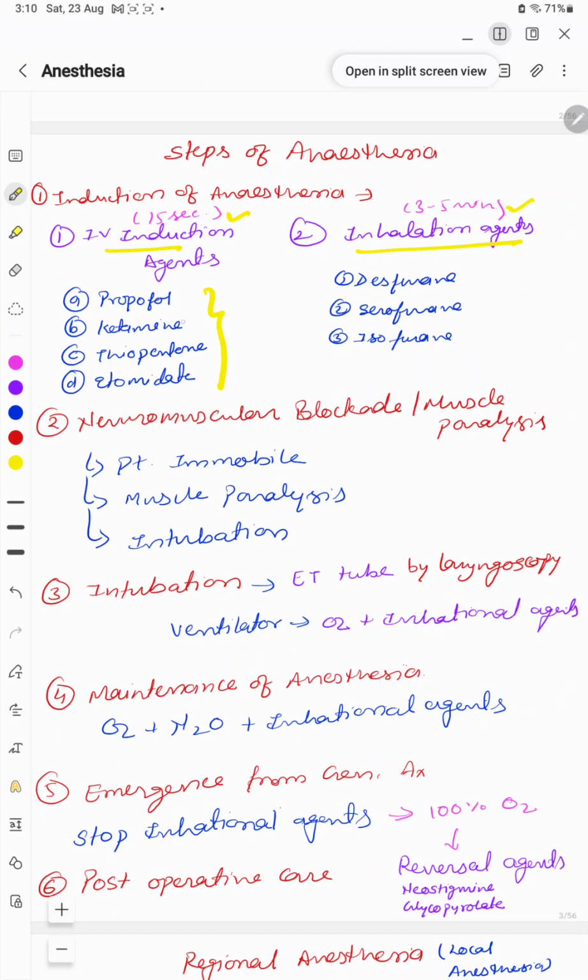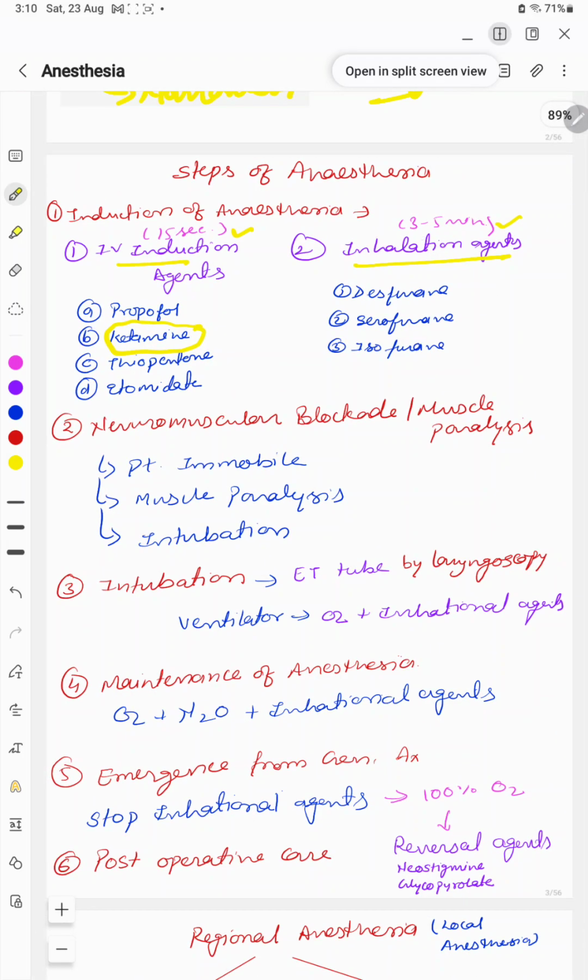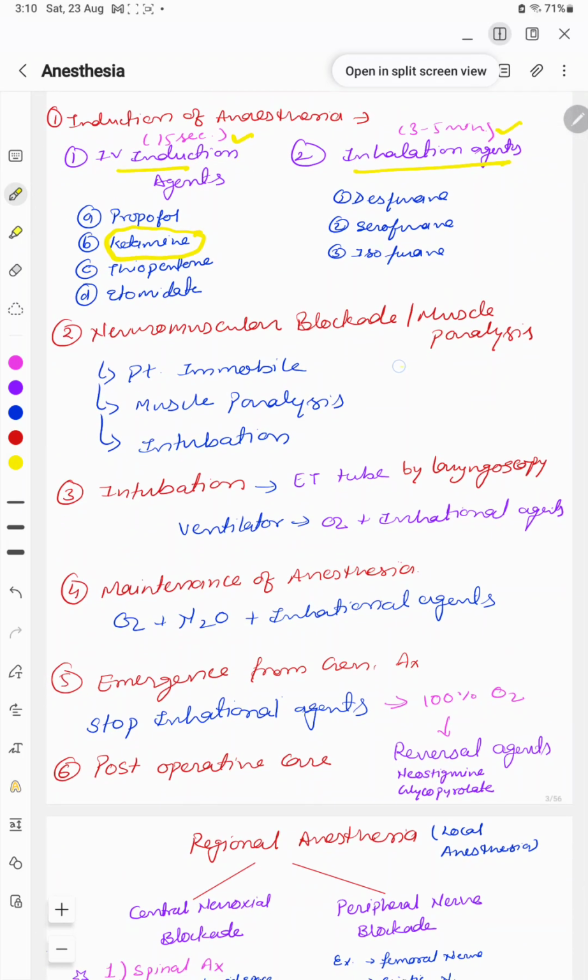You need to remember propofol, ketamine, thiopentone, and etomidate. We will study further. These are in different categories. Ketamine has a different category, and propofol, thiopentone, and etomidate have another category. We will see later. Inhalational agents, like sevoflurane and isoflurane, we can see what they are. Then what we use: this is the IV induction agent, the inhalational agent, and then neuromuscular blockade or muscle paralysis, the agent which